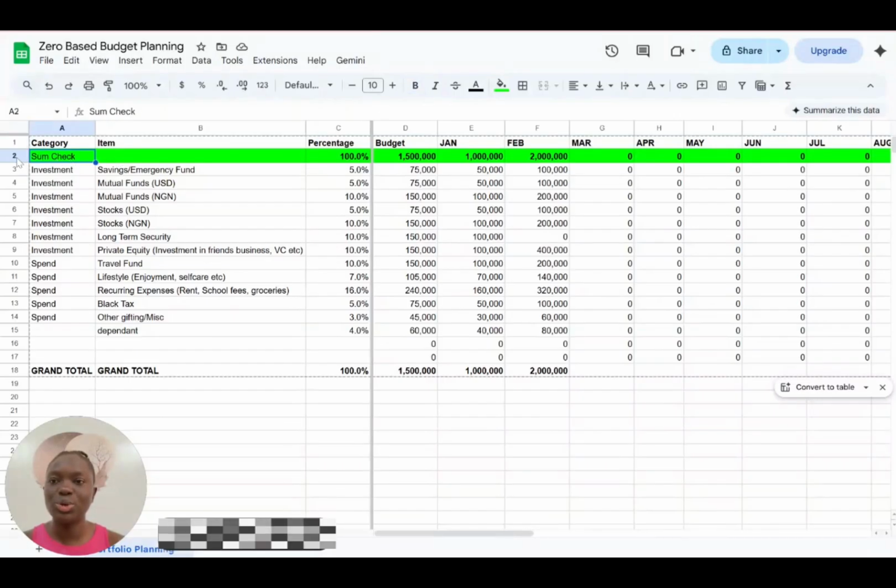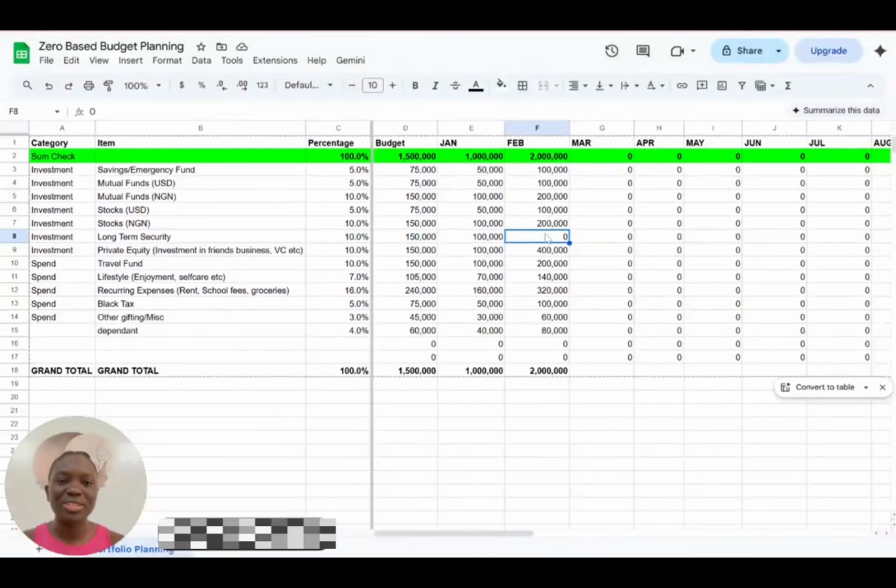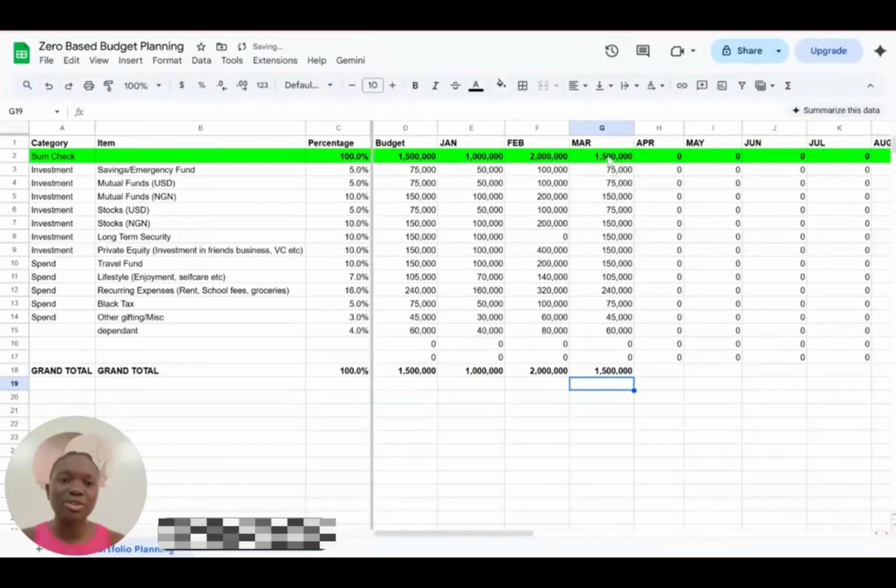The green row here at the top just helps you to check, especially when you are reallocating, that the total is still totaling with your salary. So you don't need to change anything there. Again, quick recap: the only place you need to fill is the grand total column. What you need to do is just put how much you earned that month. Like in this month, you earned 1.5 million, so 1, 2, 3, 4, 5. That's it. It tells you how much you're spending on all of those things.